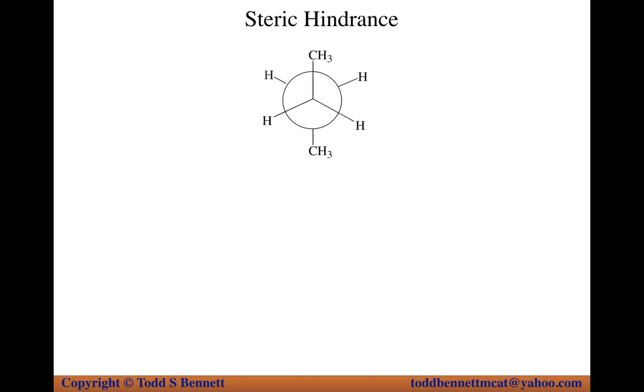Now, Newman projections, we use them because they show orientations in different groups. So even though this is on one carbon right here, the CH3, and the CH3 is on a back carbon, the circle one, they still can bump into each other. So if I go back to the drawing from before, my CH3 is up here, my CH3 is down here. But if this were to rotate out of this position and come up to here,